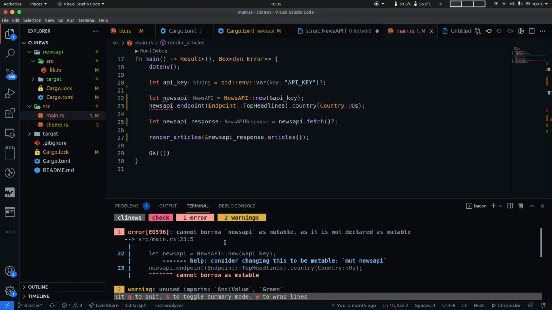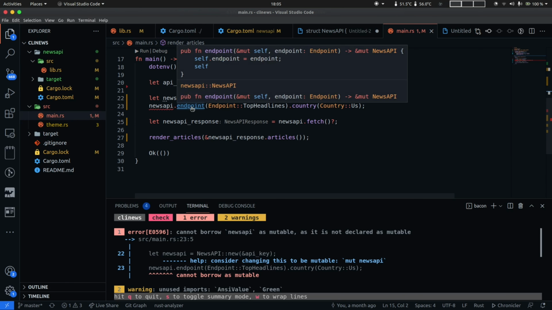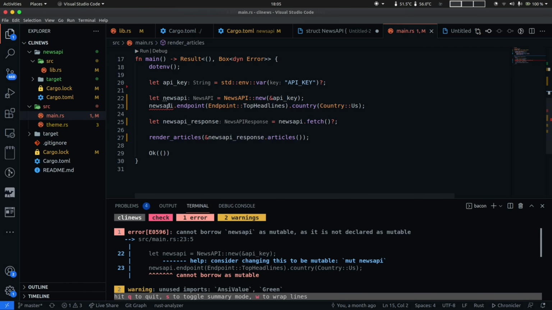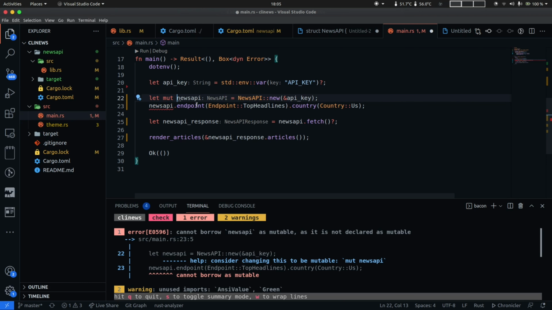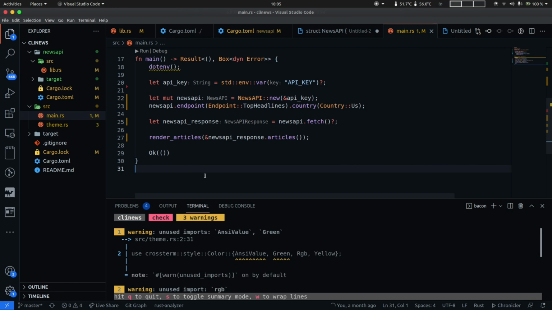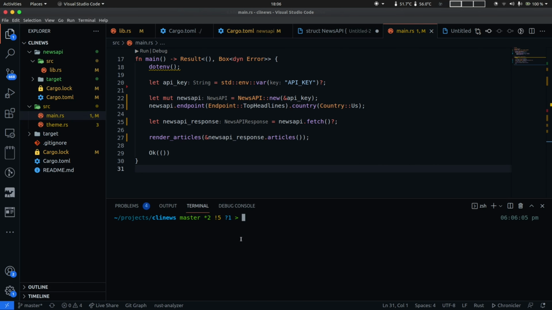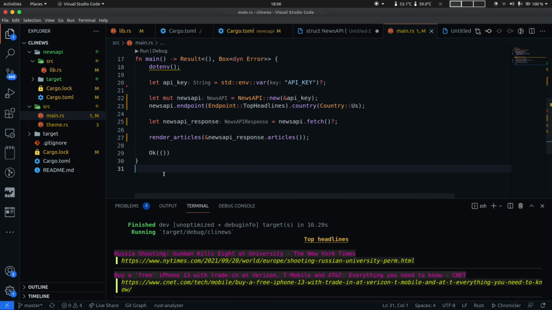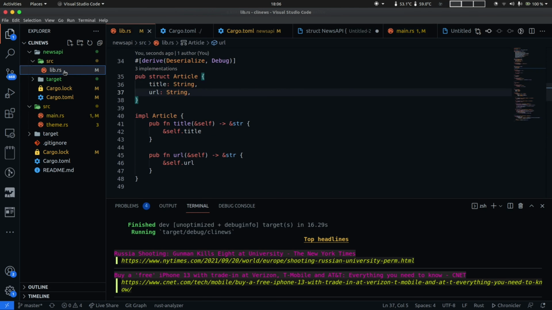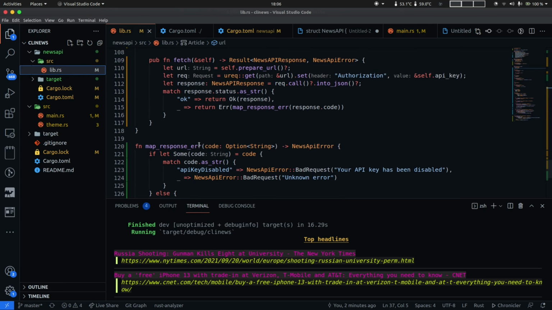Now there is an error with the NewsAPI declaration. The compiler says that we have to make this mutable, because if you take a look at the endpoint method, it takes a mutable reference to self. So we cannot call the method since it is not declared as mutable. So the fix is simple. We'll just prefix it with mut, and it should work as before. So we are pretty much done here. So let's run CLI news once again. I'm going to do cargo run, setting the API key. Awesome. So the refactor works, but we're still not done with the NewsAPI refactor